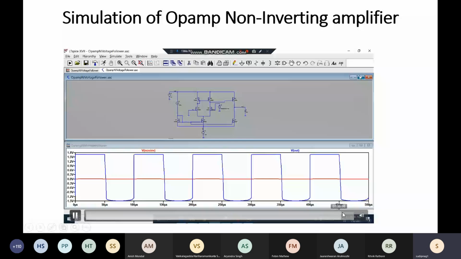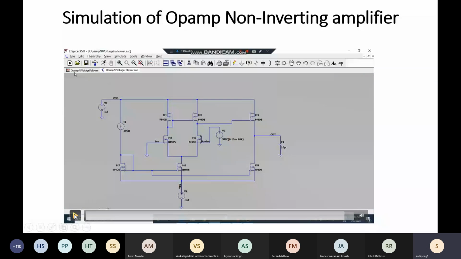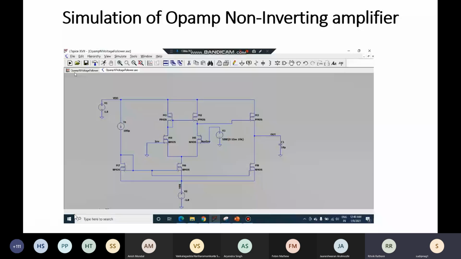You can change the voltage at the input of the inverting terminal. Instead of ground, you can put any DC voltage and you can see the pulse width of the output of that square-like signal is going to change. So an open loop op-amp means it's a comparator. Real practical comparators are slightly optimized for reducing power consumption, because while the comparator output is either close to VDD or close to VSS, there is a lot of current or power consumption that happens within this chip or within the op-amp.